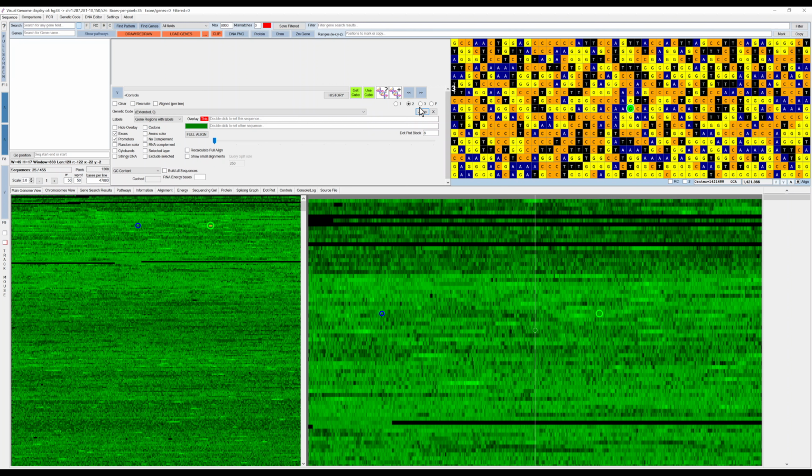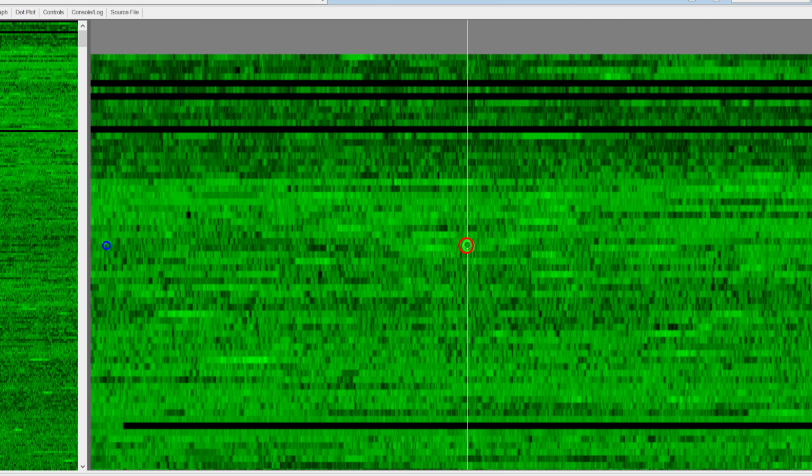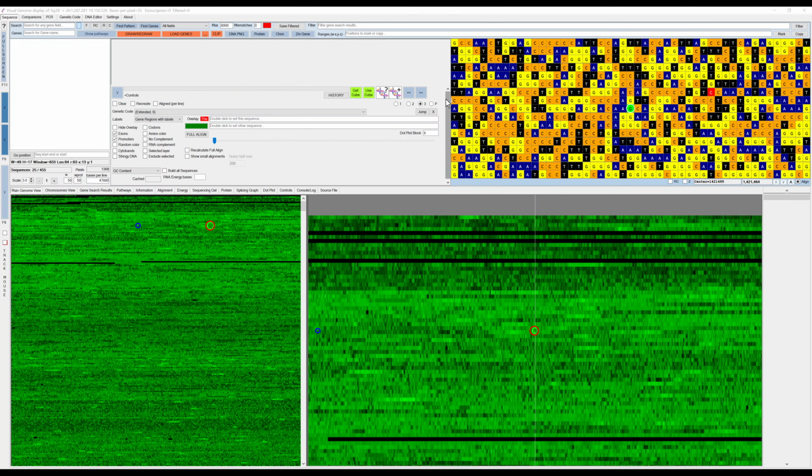There's also a third marker, which if you click on it, creates a red circle. So if you look in the zoom gene view, you can see here there's actually a green circle inside a red circle, and that's so that when they fall on top of each other, they don't obstruct each other. So this is a way to quickly navigate around the genome by just remembering one of these 3 markers.